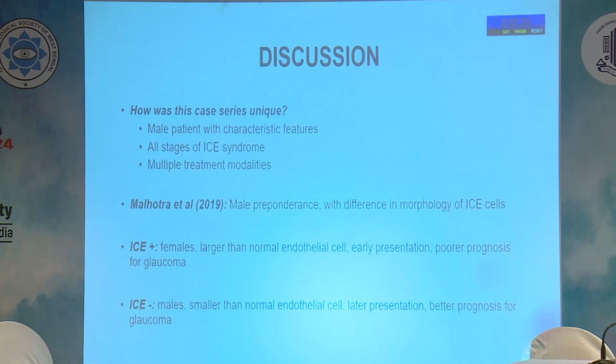Also, in the 5 patients, we encountered different types and different stages of ICE syndrome, and we were able to customize the treatment according to patient requirement. In 2019, Malhotra et al. had published literature in which there was a male preponderance of up to 62%, and they were also able to demonstrate 2 different morphologies of ICE cells by in vivo confocal microscopy, which could affect the prognosis